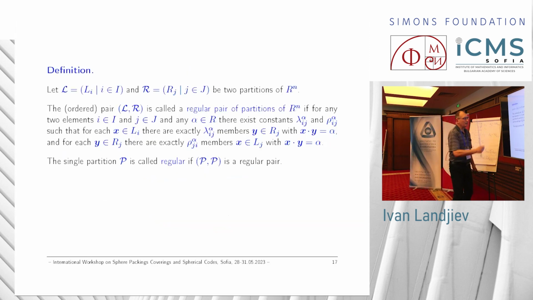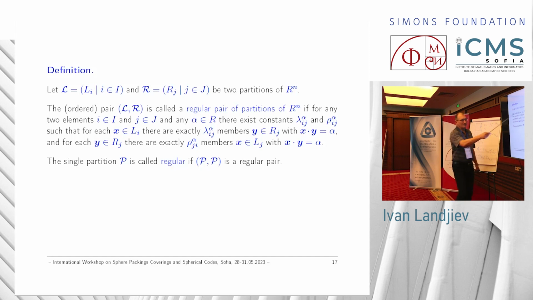So if L is a partition which has parts L sub i, and R is another partition of the ambient space with parts R sub j, the ordered pair (L, R) is called a regular pair of partitions if for every two indices i and j and every element alpha from the ring there exist constants lambda sub ij upper index alpha and rho sub ij upper index alpha. Well, they are similar. This is with respect to the right